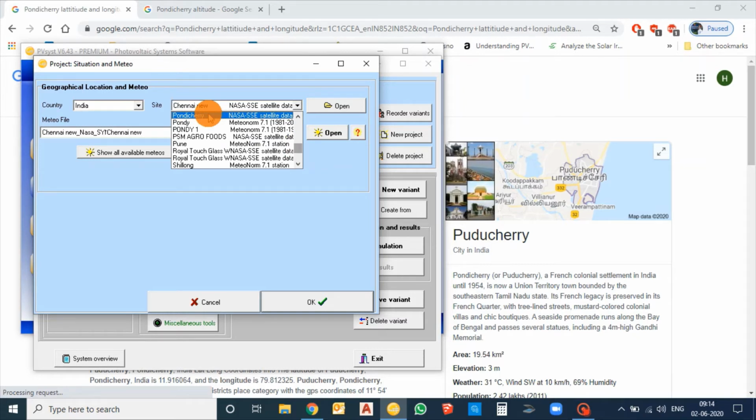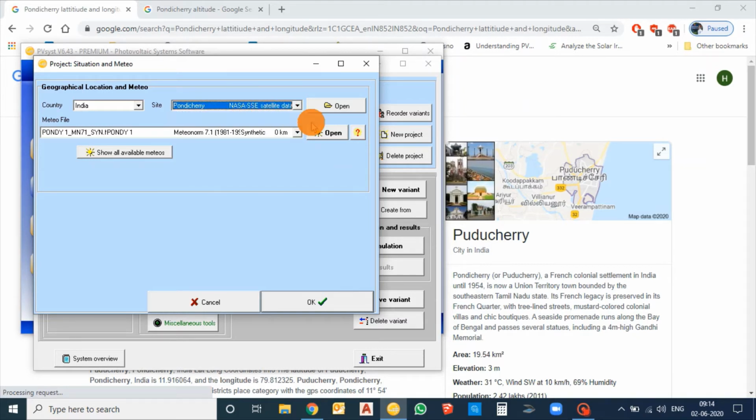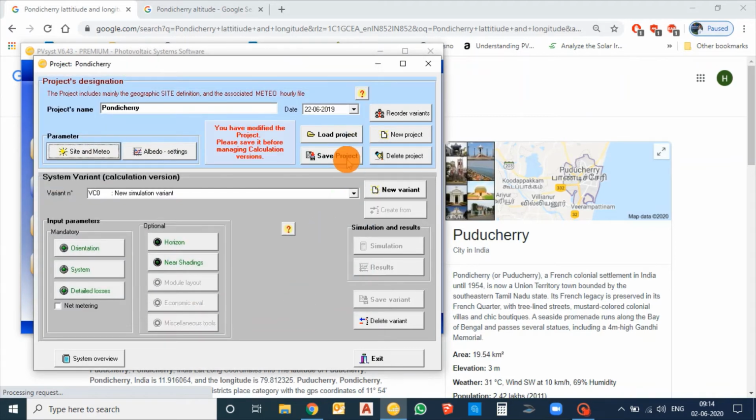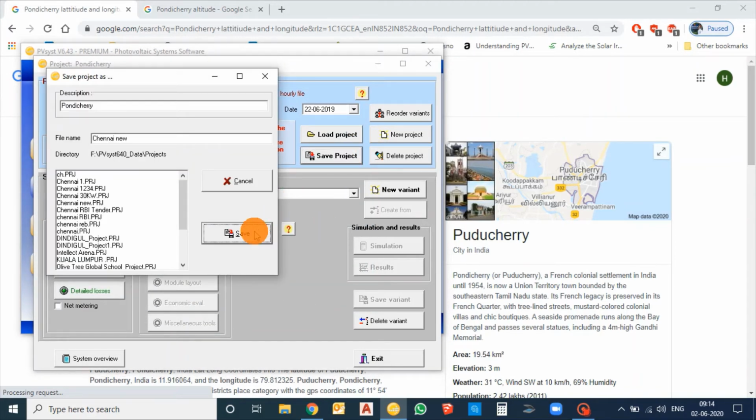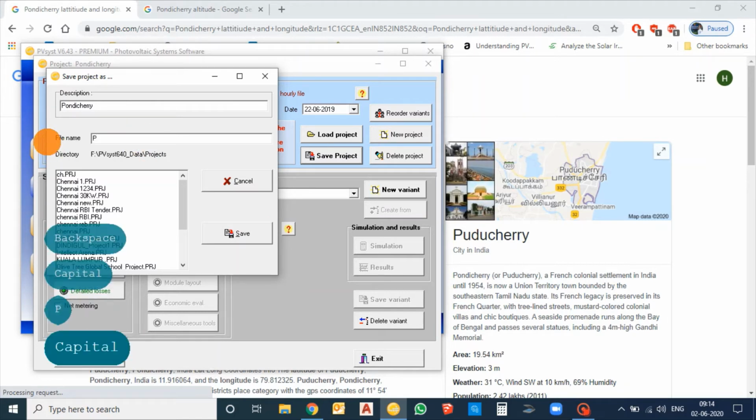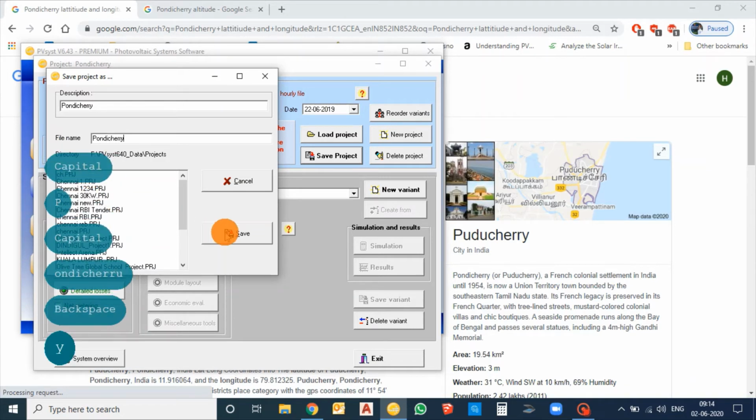The NASA file has been created, Pondicherry. Just click OK and save the project.